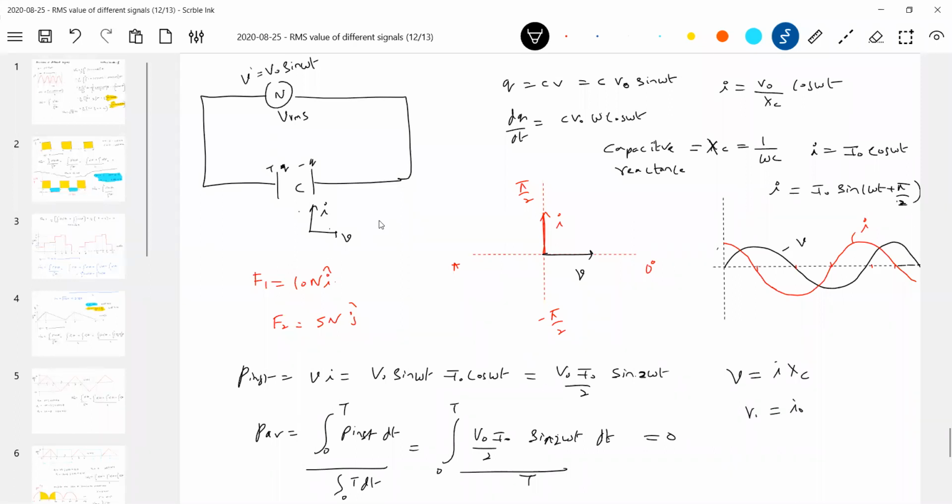Ohm's law across a capacitor will be V is equal to I into XC. V naught equals I naught into XC, or V RMS. I'll come to that later, because we have to write VC equals I RMS into XC, like this. So tomorrow I'll go into detail. For the time being, what is Ohm's law across a capacitor? It should be the drop across the capacitor equals current into capacitive reactance, not R, XC.